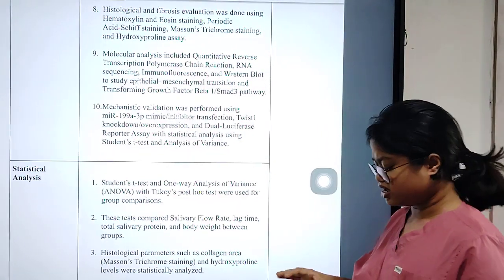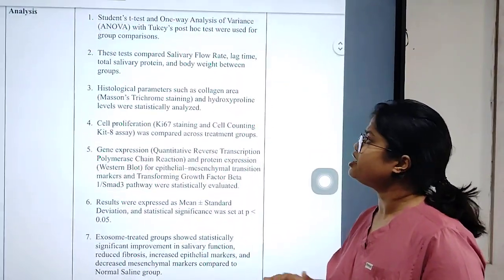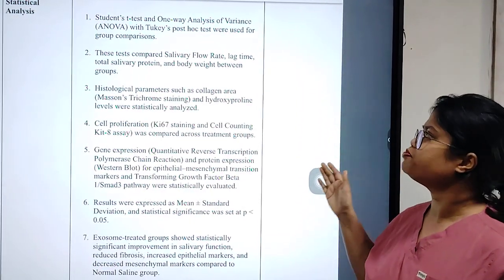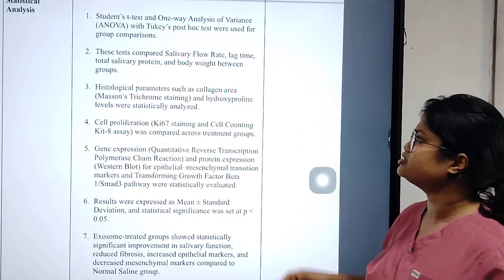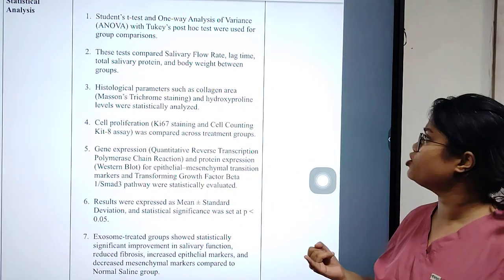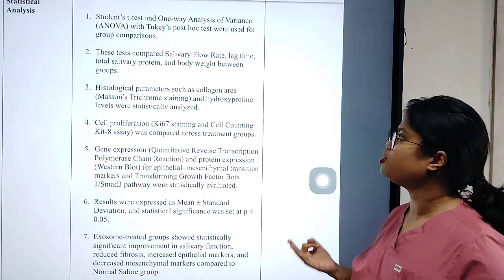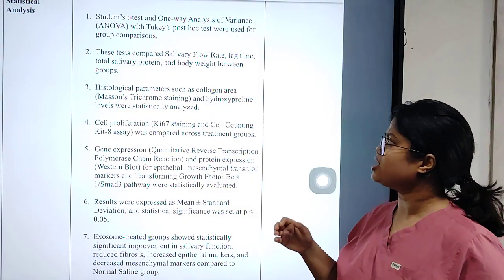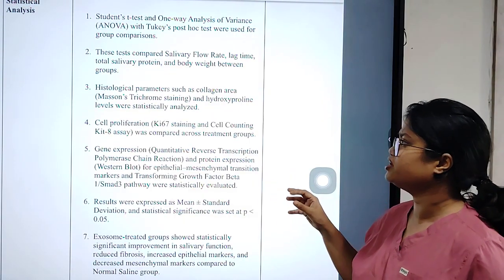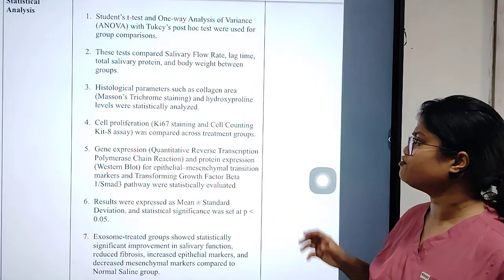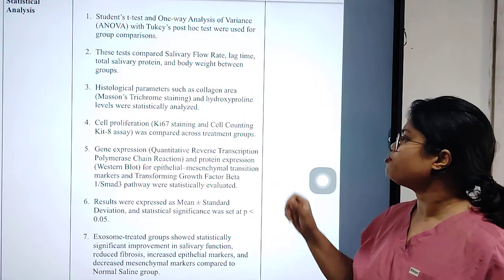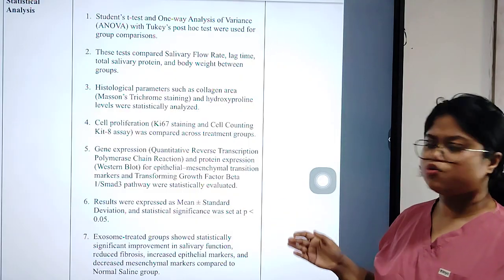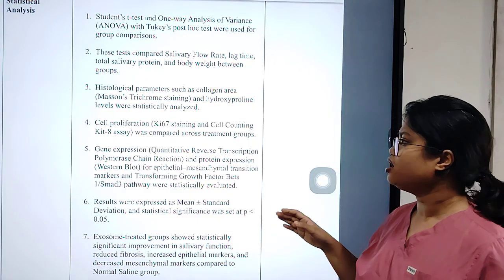assay with statistical analysis. For the statistical analysis, the Student's t-test and one-way ANOVA with Tukey's post-hoc test were used for group comparisons. These tests compared the flow rate, lag time, total salivary protein and body weight between the groups. Histological parameters such as the collagen area, that is the Masson trichrome staining that was used, and hydroxyproline levels were statistically analyzed. Cell proliferation, with the use of the markers Ki67 staining and Cell Counting Kit-8 assay, was